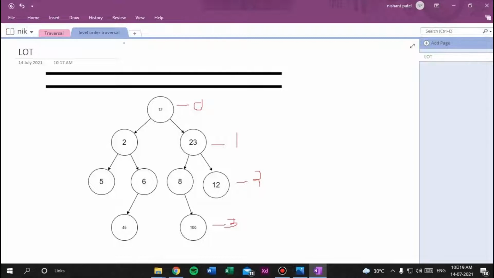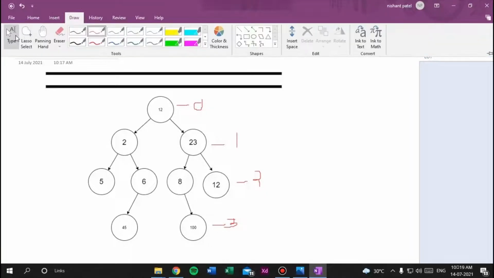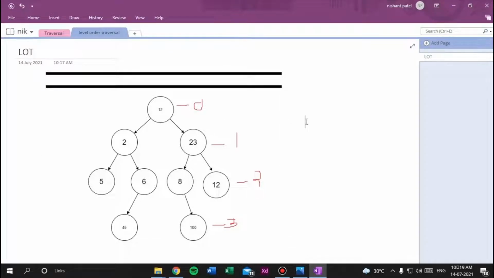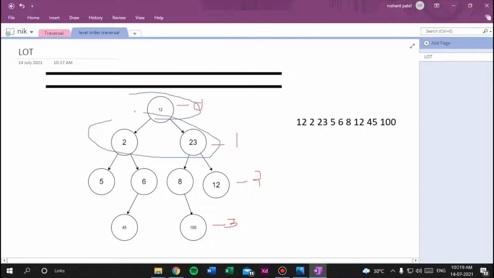So the answer for this tree is: for level 0 there is 12, then level 1 has 2 and 23, then 5, 6, 8, 12, and last 45 and 100, right? This is our answer. We first traverse this level, then this, then third, and fourth at the end.